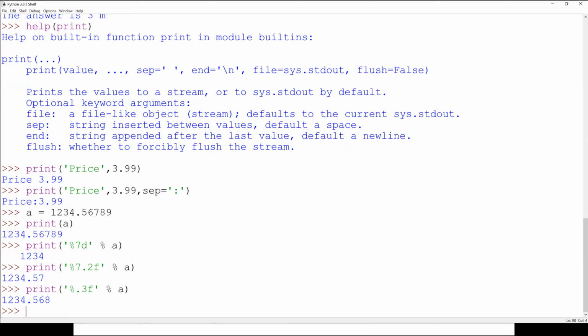Now, this is interesting: this formatting string you can actually use to print anything. For example, I want to say that this is a price. Let's say I want to format it as a print. I can say price. This will print as it is,